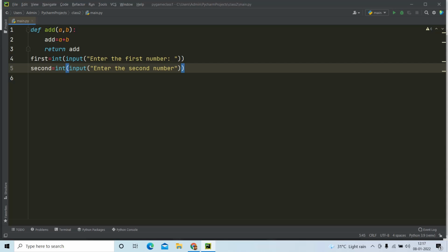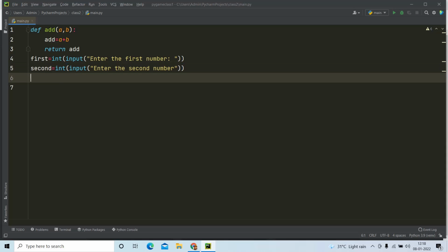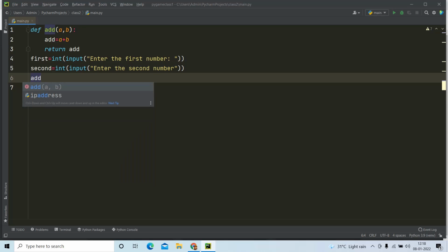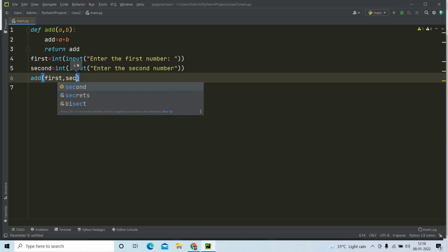We need to pass these two numbers to our function so that it will add and give us the answer. So I am going to call this add function with the name, and my first number is first, and my second number is second. Yeah.